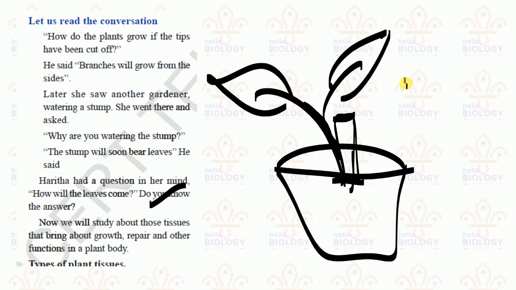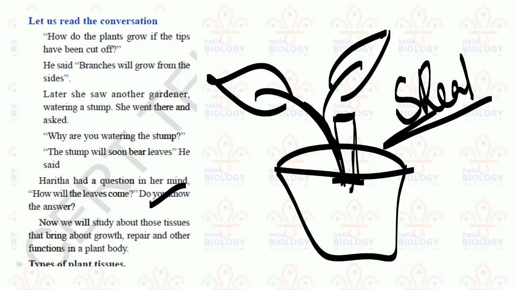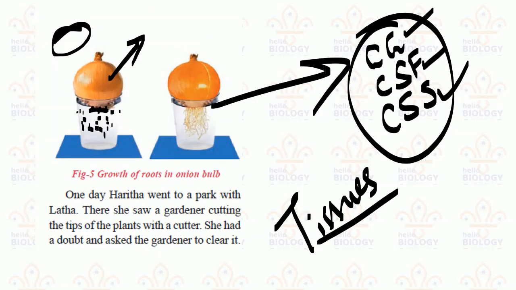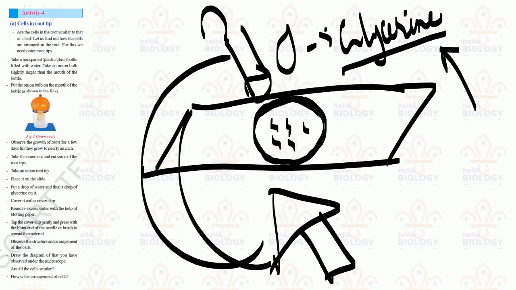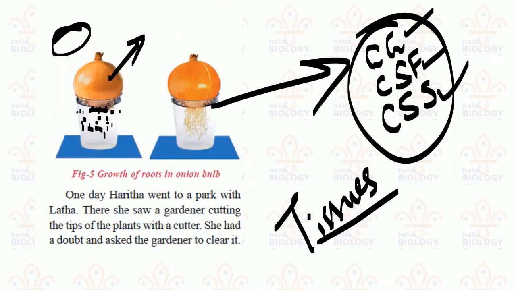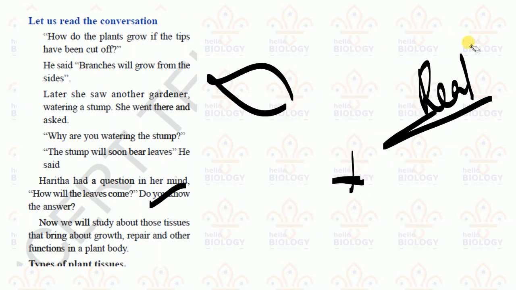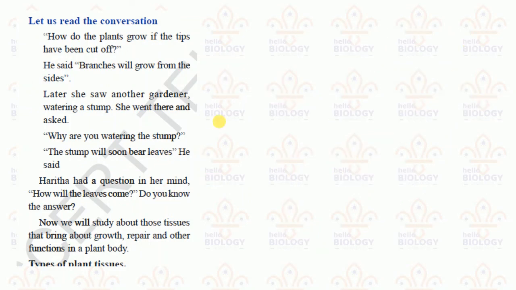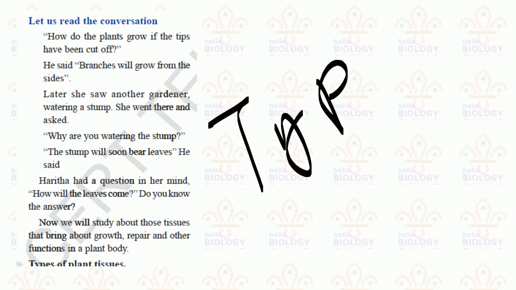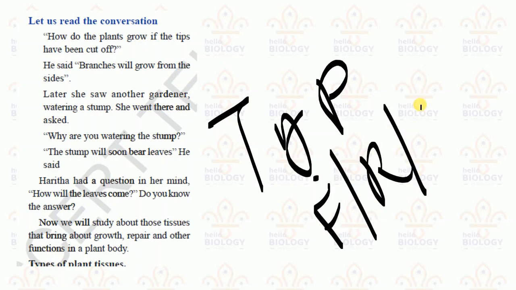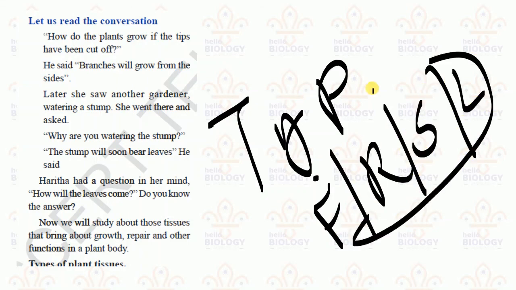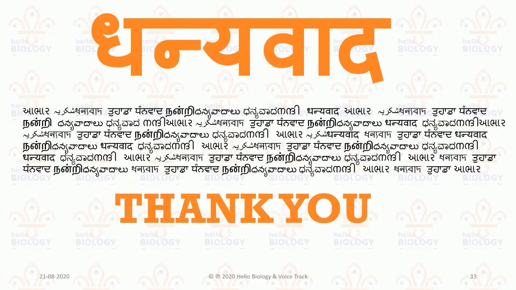With the help of some activities we need to know, and real activities from here will start. Understood? Earlier activities like this were all performed in the laboratory. At home also you can perform some of the activities here. So the next topic is most important. Why? Because it will explain the types of tissues. Different types of tissues are there. How flowers will grow, how roots will grow, how stem will grow, how leaves will grow. These answers will be there in the next coming class.